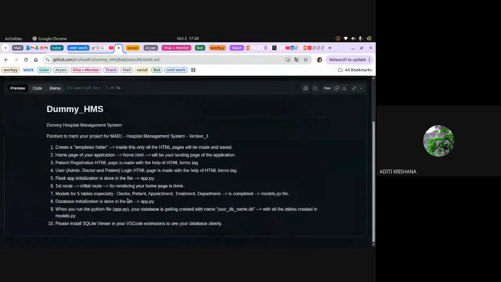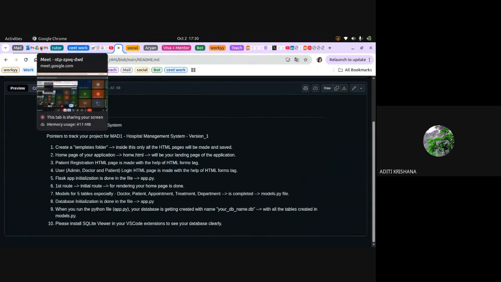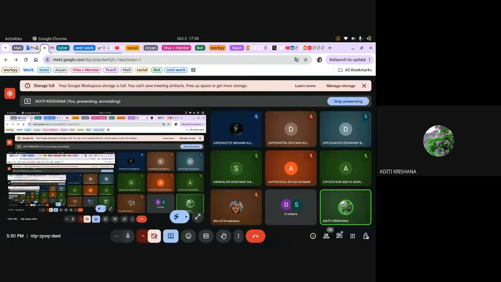So we have completed the first, second, third, and fourth points, that is how these pages are going to be created. Till this point, everything is clear to everyone, right? I just want a thumbs up from everyone. Yes, Bala Chandran, you want to tell something? Nothing, ma'am, by mistake. Okay, okay, perfect.